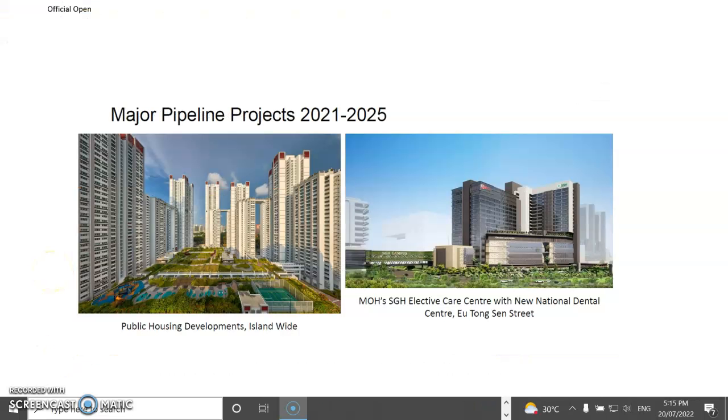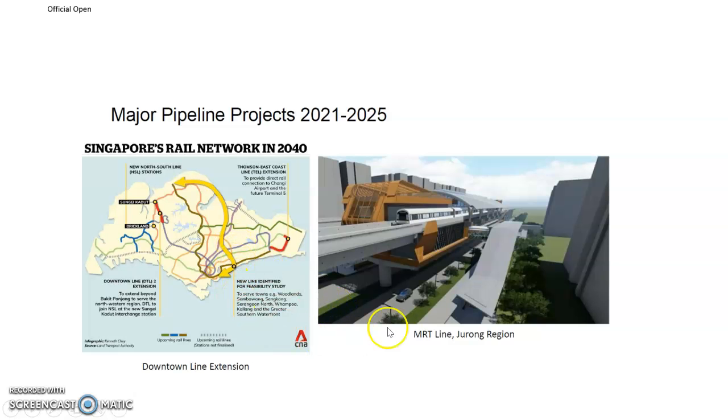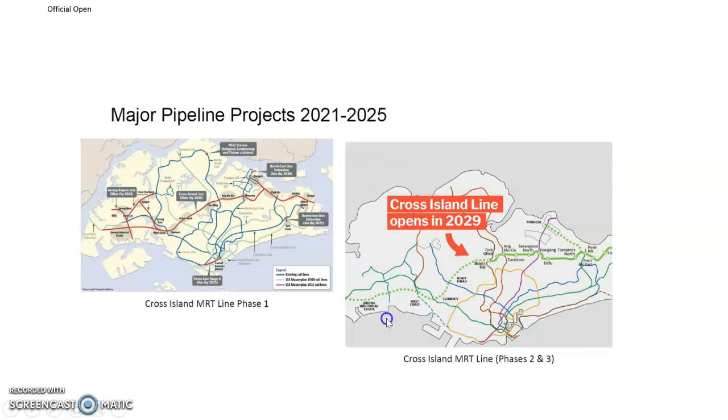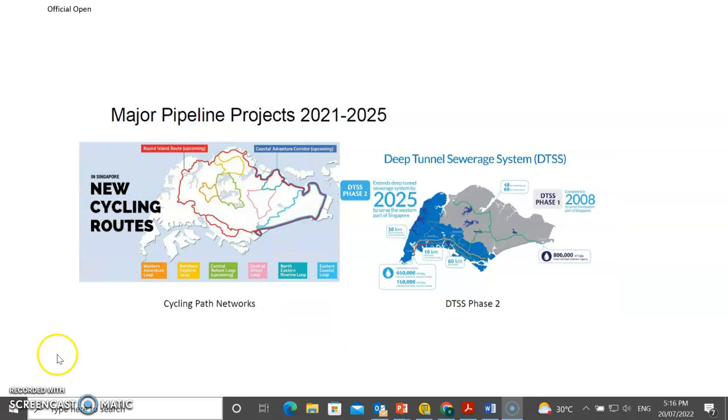Lastly, these are some of the major projects that are coming on track for the next 5 years. We have a public housing project, Ministry of Health project, Jurong Port, an integrated transport hub at Jurong East. The MRT projects are still ongoing. Science Center relocation, Toa Payoh integrated project, Alexandra integrated project, at Bedok, Cross Island Line, and so on and so forth. That will end this particular